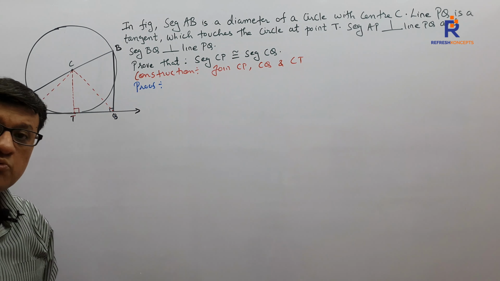Right? So at least let me write down this much and then we proceed further. So what have we joined? We have joined this. Construction is what we have. We start off with measure of angle CTQ is 90 degrees. Equation number 1. Reason: radius is perpendicular to tangent. There are many who will also say by tangent theorem. You can say radius is perpendicular to tangent or by tangent theorem.